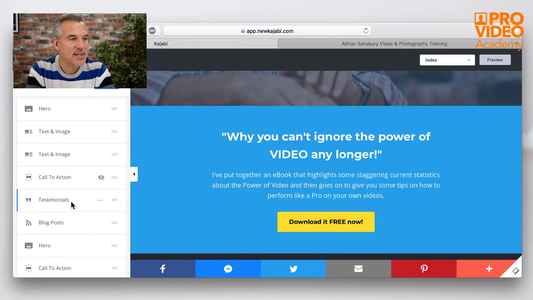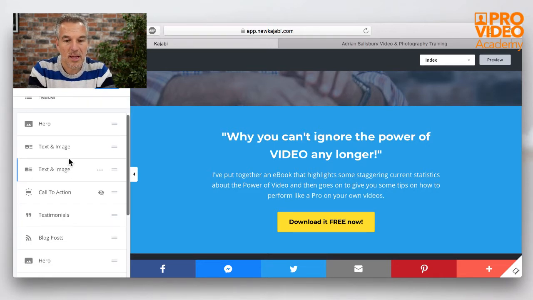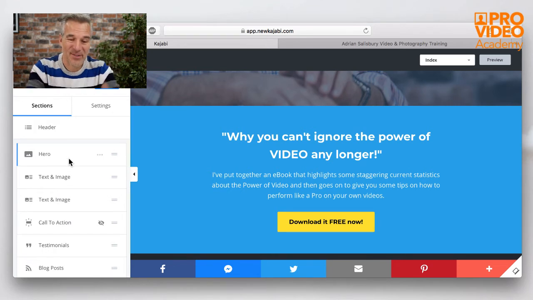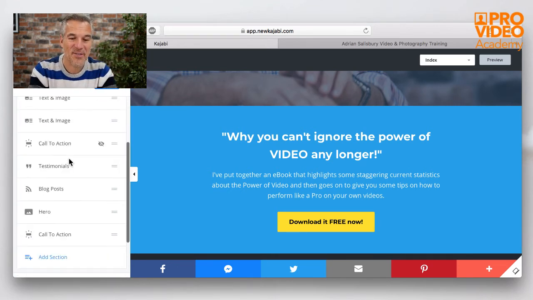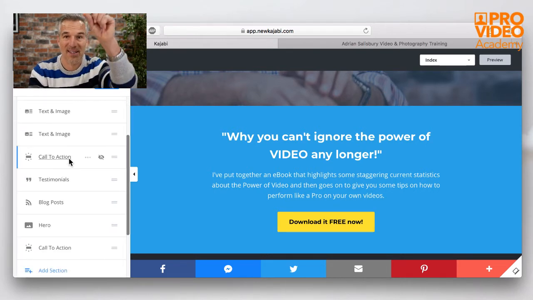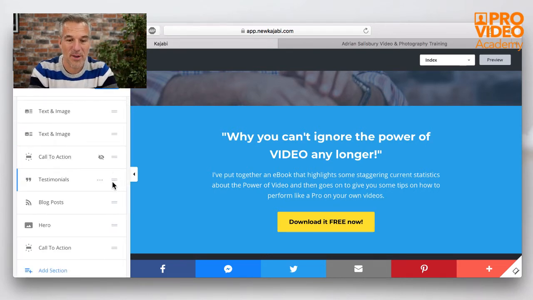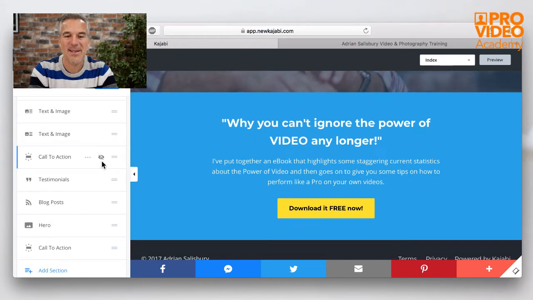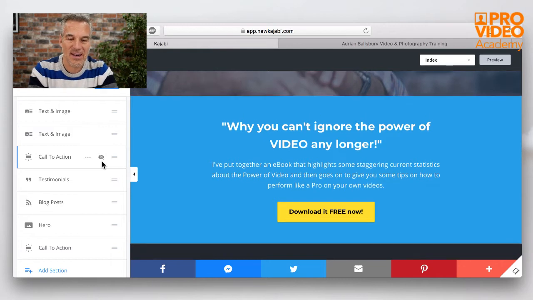Okay, so we'll come back, Silk, to what goes into the header. But just showing you first of all, this is really the structure of how you build a page. So there are all the individual sections that just sit one on top of another. And if I want to move the order around, so there's one there, it's got a cross through it because that's hidden. So although it's in my page, it really should be deleted.